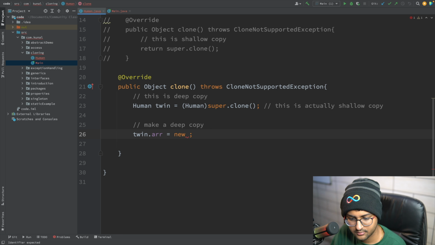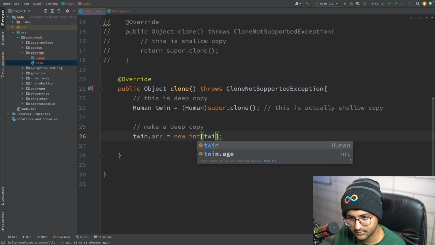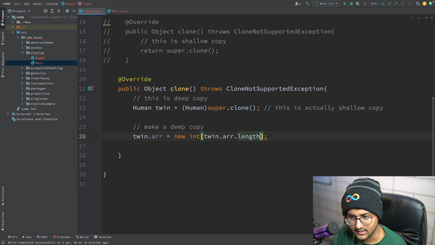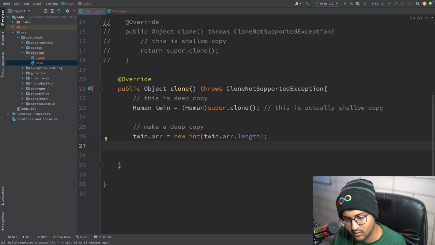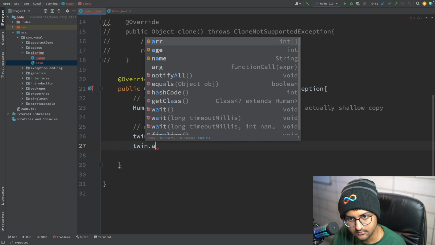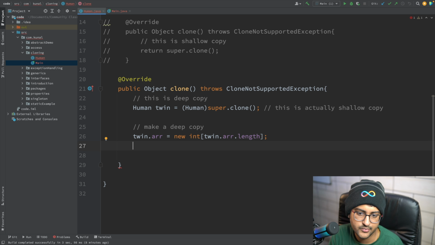It actually contains a new int only, new int, twin dot array dot length or whatever. Okay, so it's actually creating a new array now. Now basically what I want to do is I want to say that twin dot array is actually going to be equal to every single internal element that I want to change.